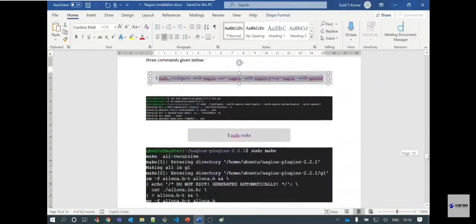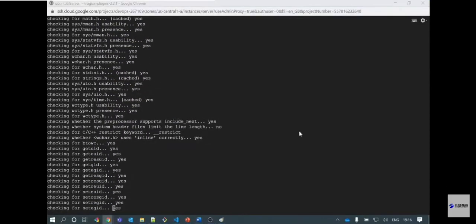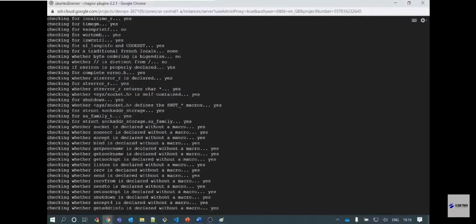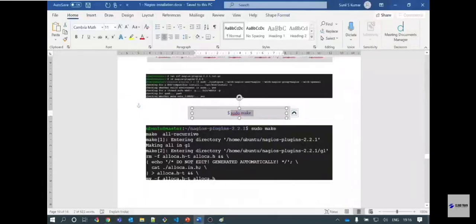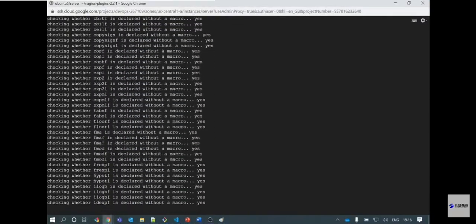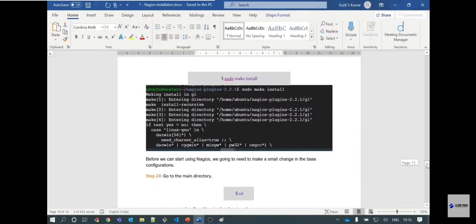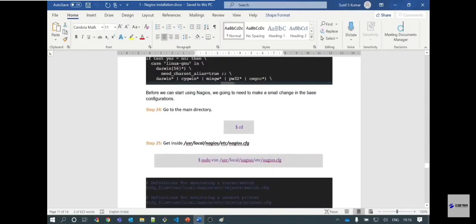Meanwhile it is running, the next step is again make. We need to make the package with this configuration that I ran after adding the user for the Nagios configuration, and then once make is successful, we will go for install of this Nagios plugin. It may take some time while the plugin is getting made. Then once the plugin is installed, we will go back and add some Nagios configuration in the nagios.cfg file, /usr/local/nagios/etc/nagios.cfg, and we will